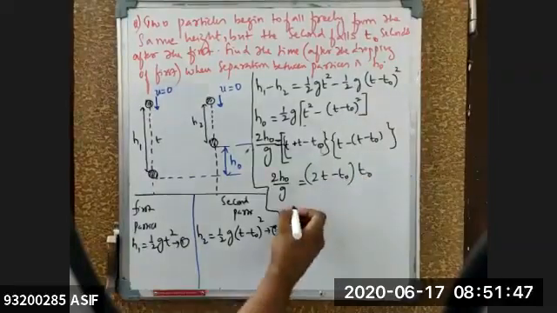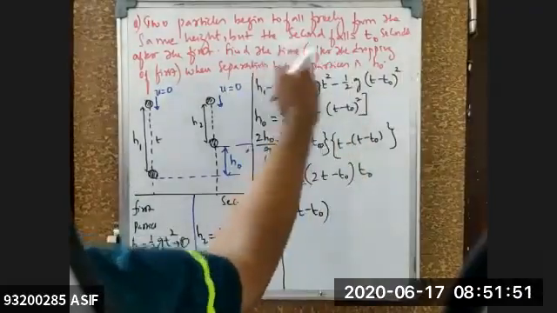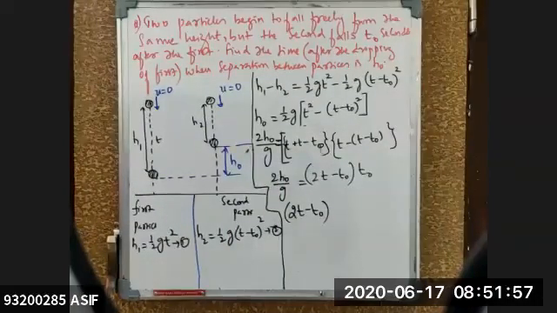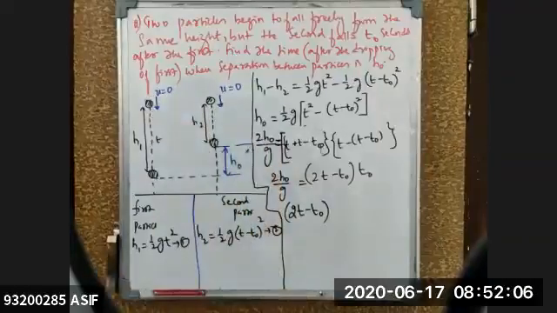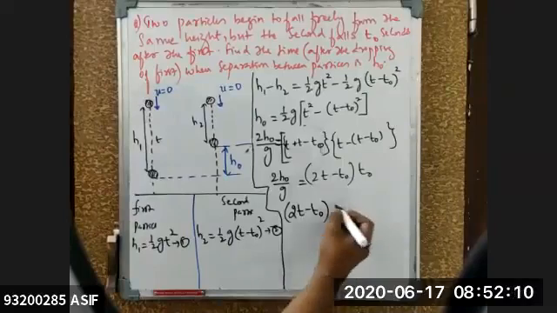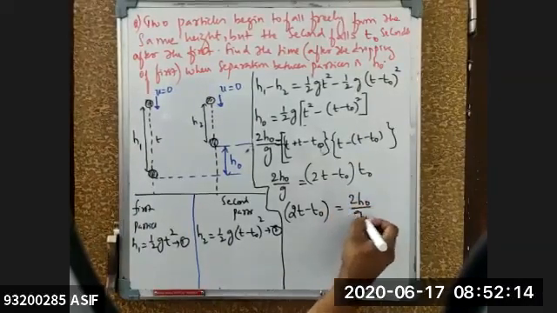So if I bring this one out, this will become for me 2(t minus t0), because it's asking me to find the time when the separation between them is h naught. So that is nothing but the t value we need to calculate between them. Find the time when the separation between the particles is h naught. So 2(t minus t0) will be equal to 2 into h naught divided by g into t naught.